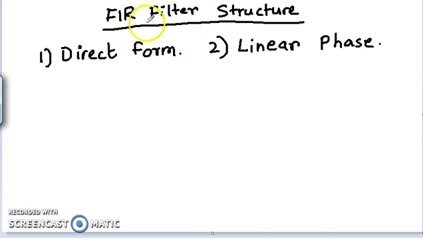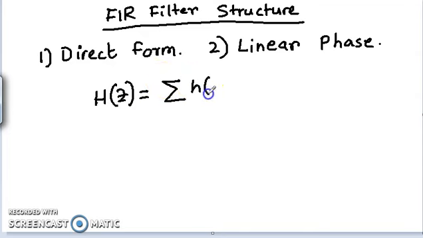It will just use the values of the transfer function of the FIR structure. So, what is the transfer function? Somewhere we have used b_k z to the power minus k, somewhere we have used h_k z to the power minus k, where b_k is basically h_k, which gives you the impulse response of